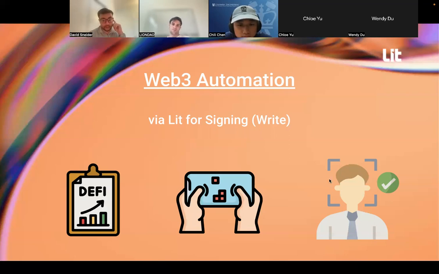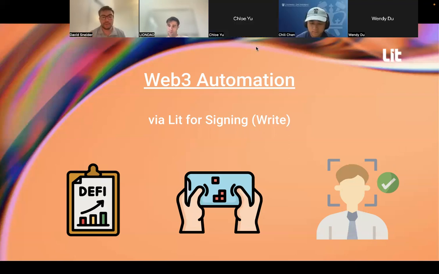Which brings me to this last graphic here, which is that now that we're in the mindset where the key is in the cloud, so to speak, held in this distributed context with multi-party computation and threshold cryptography, we can hook up more authorization mechanisms that the majority of people are used to, like Google Auth and text message auth. There's something called WebAuthn, which is the new passwordless standard that Google and Apple have agreed upon, and it's said to be rolled out by January, so by the end of the year. And so we're seeing a lot of people building in this regard.